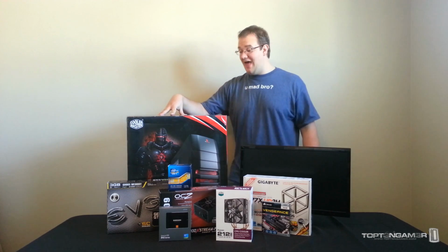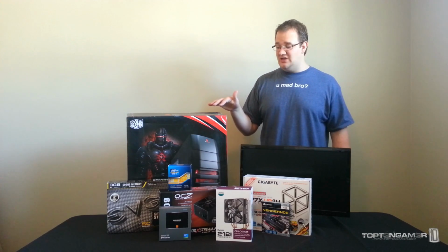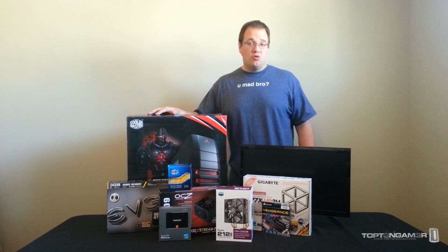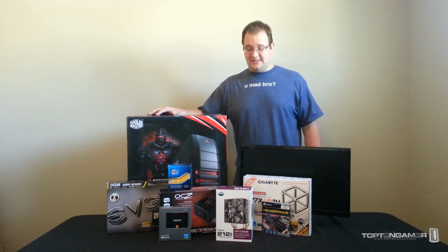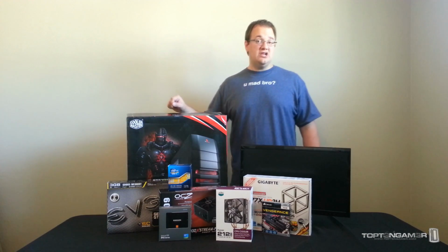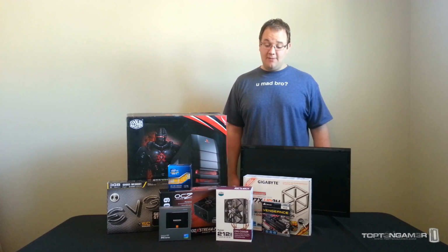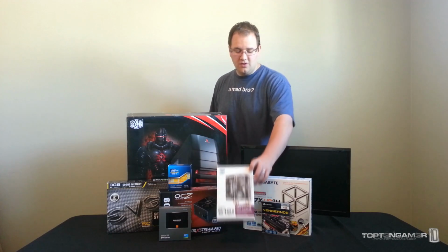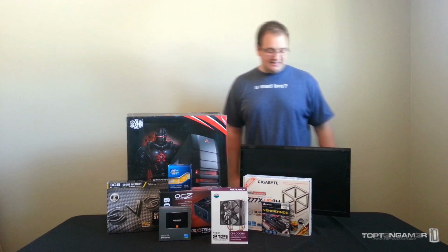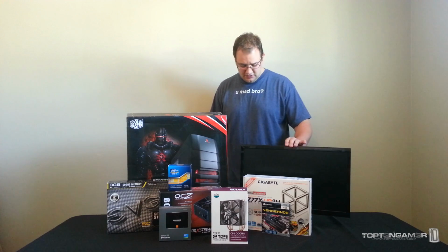Okay, for case, we've got the CM Storm Enforcer. For processor, it's the i7-3770K. We've got a GeForce GTX 660 Ti graphics card. For power supply, it's the OCZ Mod Extreme Pro 600 watt version. For solid state drive, it's the Samsung 840. It's not the Pro version. It's the 250 gigabyte version. For the CPU cooler, it's the Hyper 212 Evo. Motherboard, it's the Z77X UD3H, and for monitor, I chose the Asus